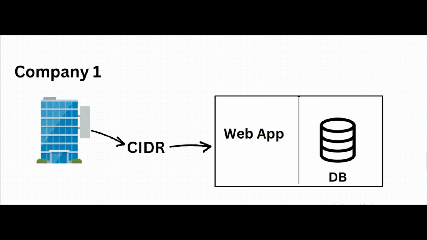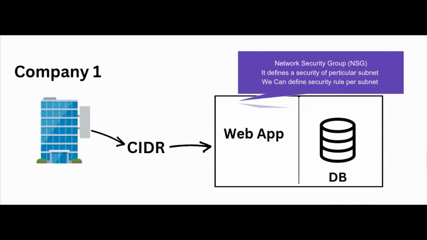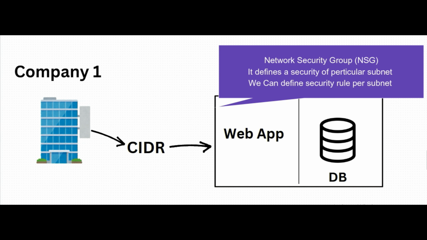Now, company 1 wants users to access only the web app which is available in subnet 1. The database in subnet 2 should not be accessible directly to users, only accessible through the web app. To handle this case, the NSG, which we call a network security group, comes into the picture to enforce these rules. To set up a rule,